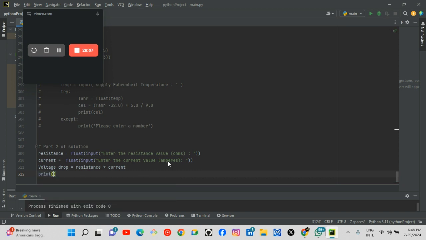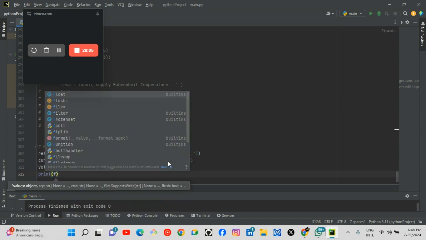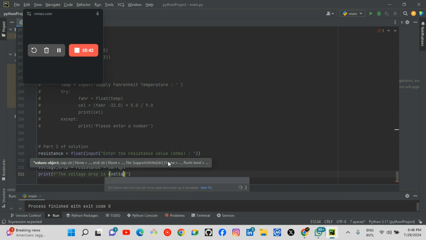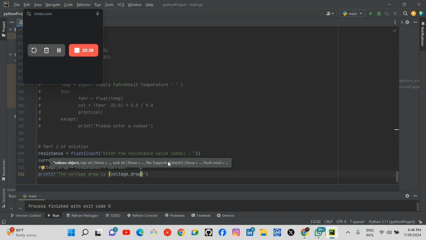Let me print it. Let me make use of something here, then I'm going to explain it later on. The voltage. I made use of something here, a formatted string literal. So I'm going to explain that just in case you meet it elsewhere.